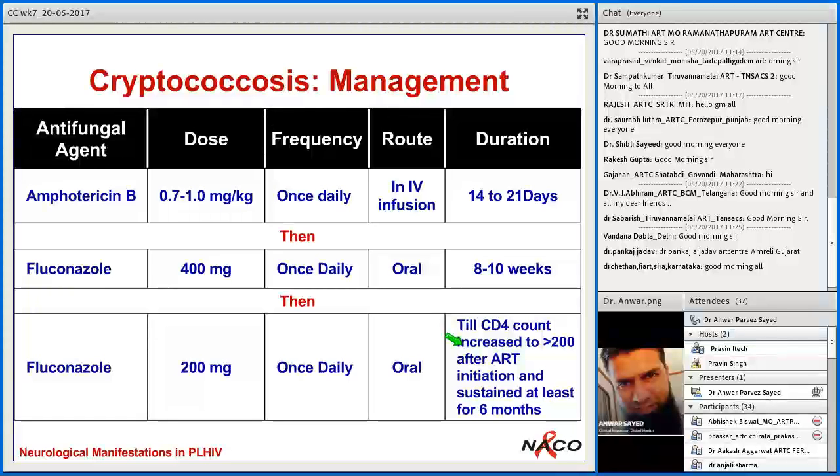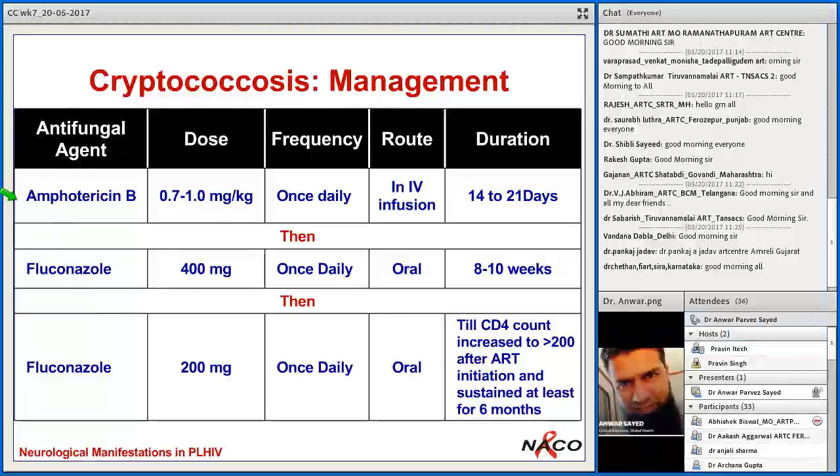So they did the CSF analysis again in that patient. Proteins were high, glucose was again more or less normal or less than normal, and there were a few cells seen, and along with that,